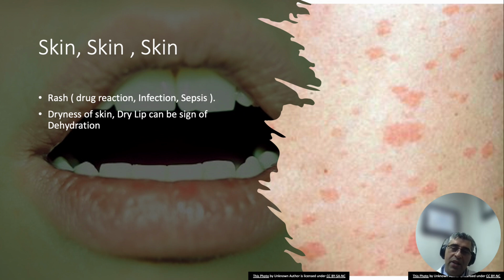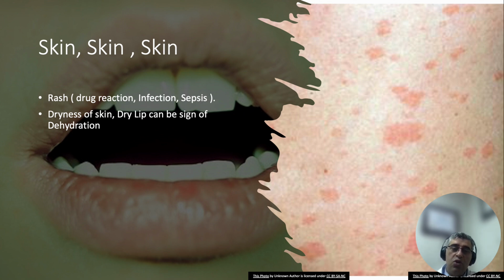Skin. How important it is that we open the gown of the residents and look at the skin. Rash is one of the scariest symptoms that we can see in a skilled nursing home. It can be related to infection, can be sepsis, can be a drug reaction. We especially need to pay attention if there's a drug on the list, and if the nurses or providers don't know, we always have pharmacists we can consult to see if one of the drugs is causing